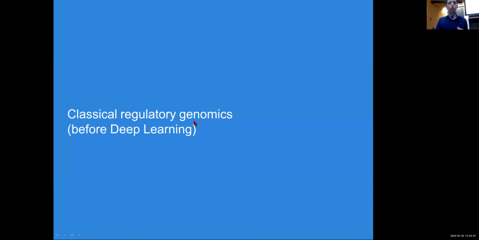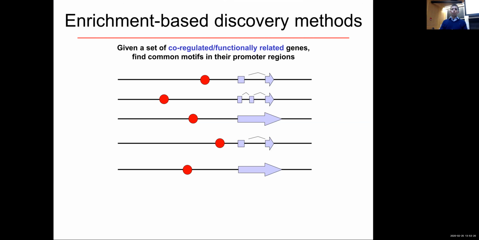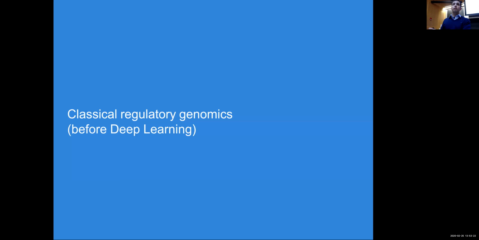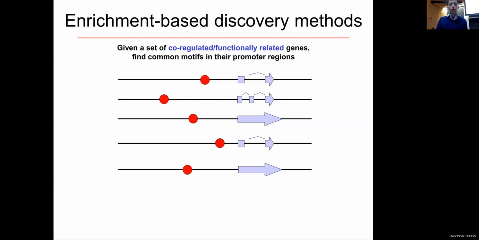So this is known as regulatory genomics. Regulatory means gene regulation, that means control of the genes, and genomics means that we're going to do this at large scale across the genome, okay? So what are some of the traditional ways, before deep learning, for studying gene regulation? Well, one